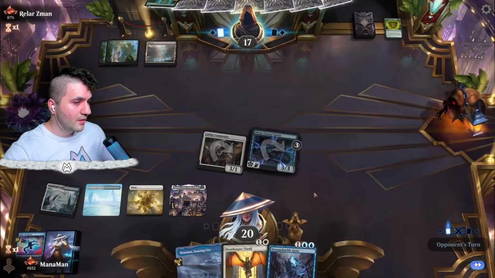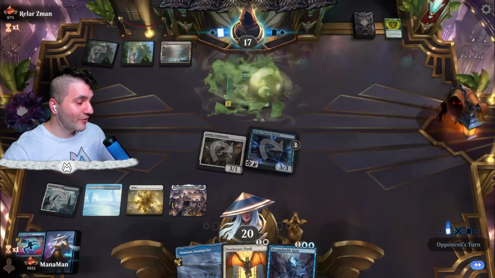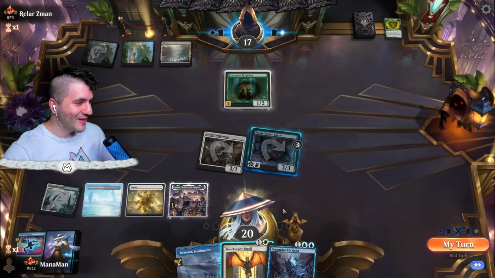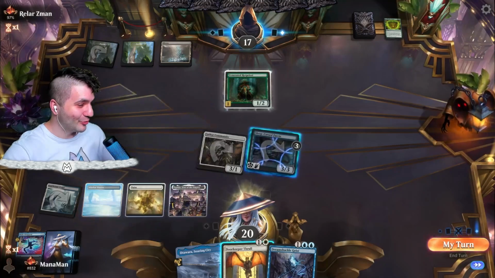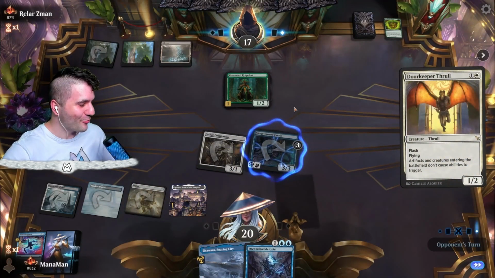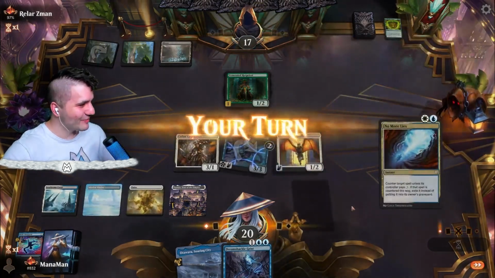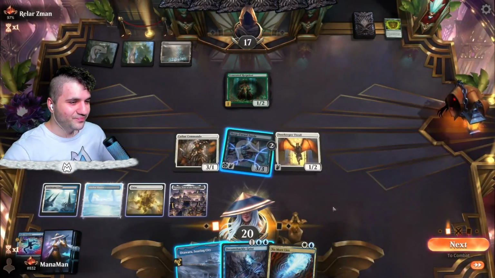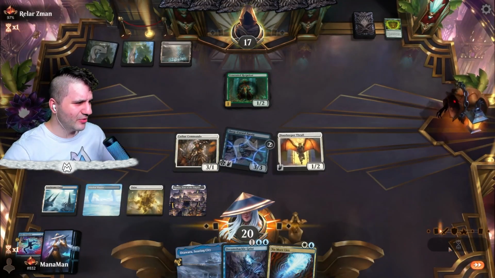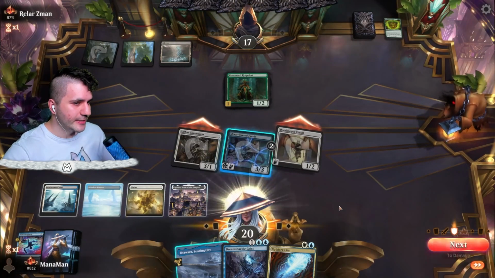Ooh, actually. I'm not gonna lie. I definitely was planning on going for the Dreamshackle Geist, but I made the mental mistake that we need 2 blue for that. So I guess we'll take the consolation prize with the Doorkeeper Thrull. Oopsie. Dreamshackle Geist. Sorry, buddy. Turns out you need enough blue to cast your stuff. But I don't think they're gonna block with the Venerated Rot Priest, so